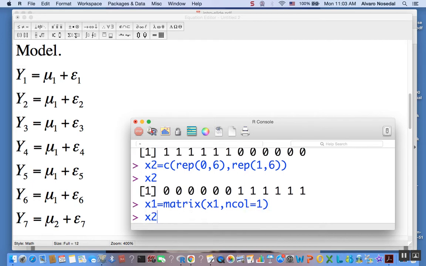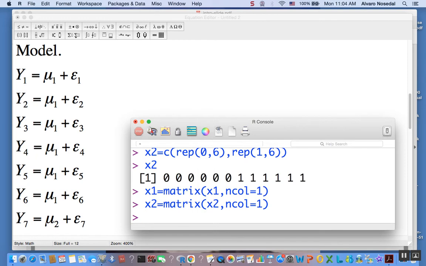We're going to be doing the same with x2, just to make sure that R knows that those guys are matrices or vectors. Okay, so now we want to combine those to create our design matrix. I'm going to be using capital X for the design matrix. I'm going to be pasting these, but